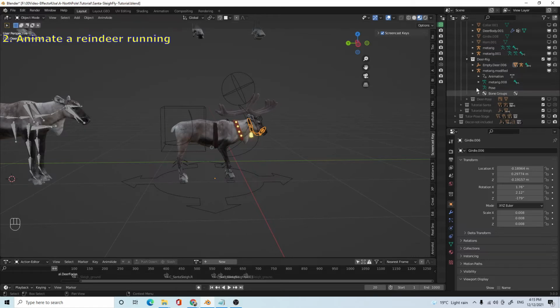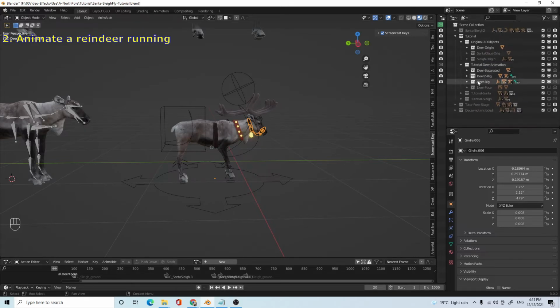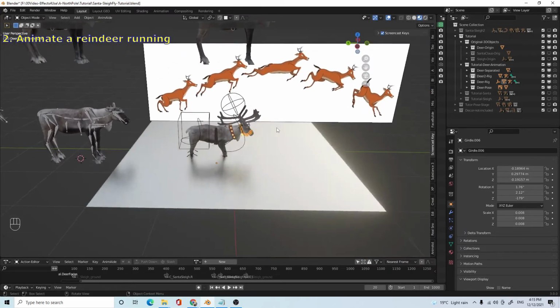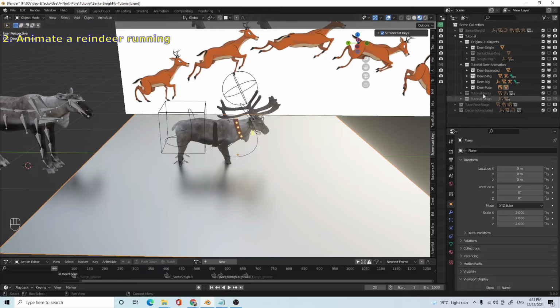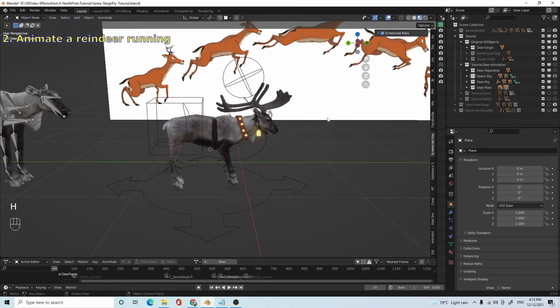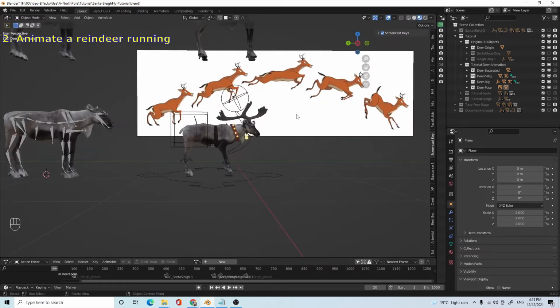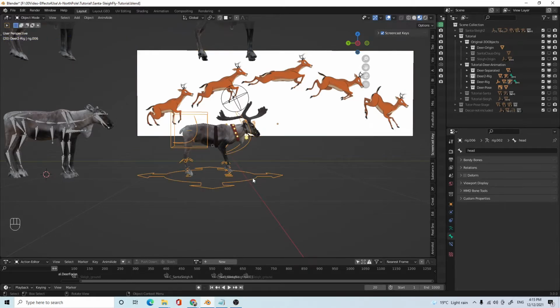So again, I have prepared the necessary information. In this case, the posing. I have a plane here, which I think we may not really need, so I hide that. So this is a cycle of how a deer would run. So what you do is that you will use the rig in pose mode and try to animate this posture by adjusting the rig. Again, this tutorial I won't really go through it,